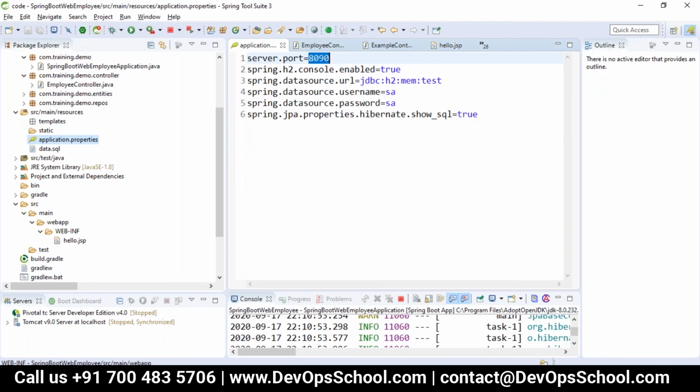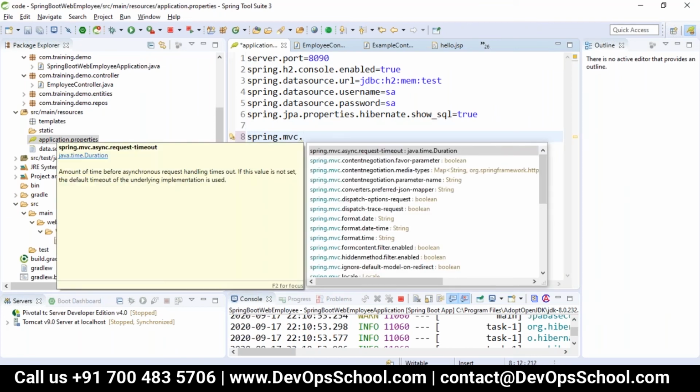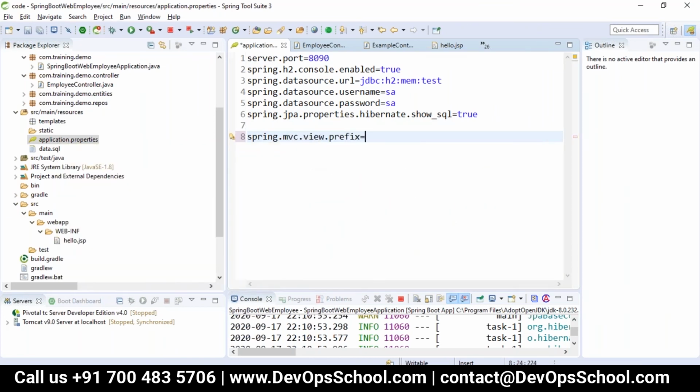Now that is where we will be mapping. In the application.properties, we can mention the properties: spring.mvc.view.prefix. What is the prefix? The prefix is only under WEB-INF, I have not added anything extra here.